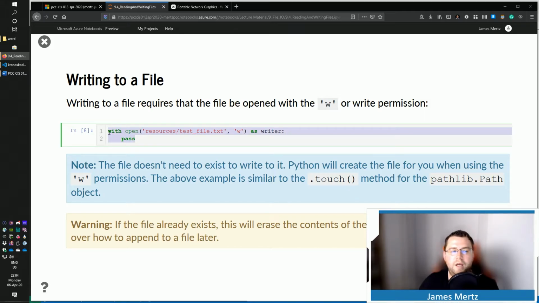It just opens up a zero-byte file and just leaves it like that. And remember that if we open this file and that file already exists, the previous contents of that file will be erased. Now, a file handler has two different